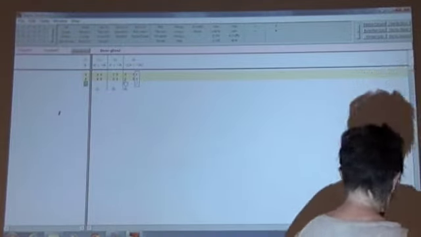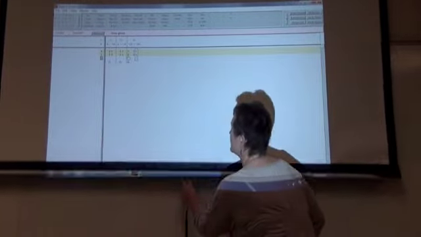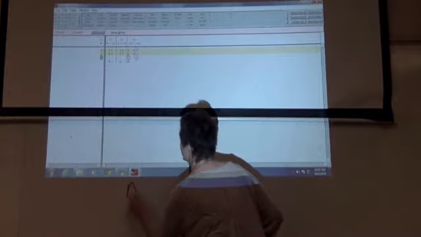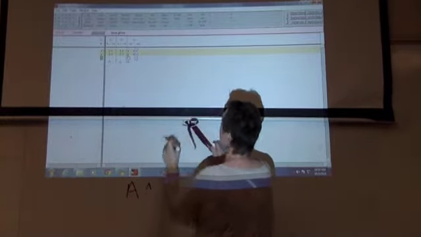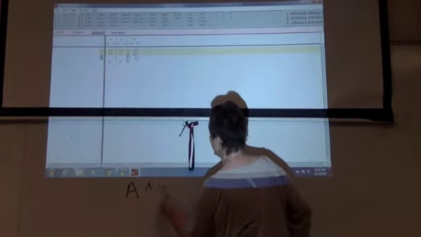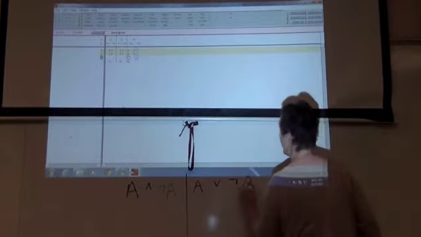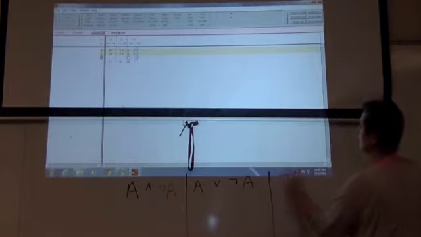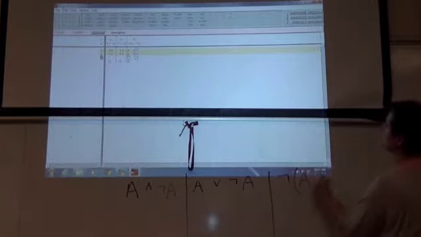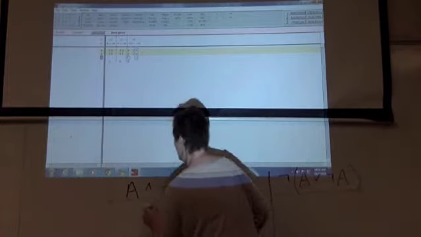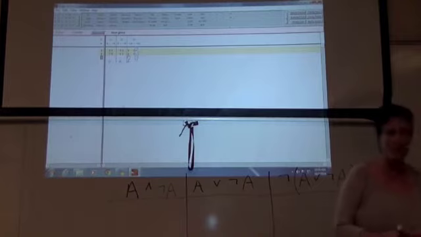Right, well, there are a couple of ways you can lay out the truth table. So let's do this. I don't know, Chris, if this will help. Here's the first sentence: A, conjunction, not A. Second sentence: A, disjunction, not A. Third sentence: not, parentheses, A, disjunction, not A, close parentheses. Now, you can't do this in Boole, but if you want, let's say on the board,